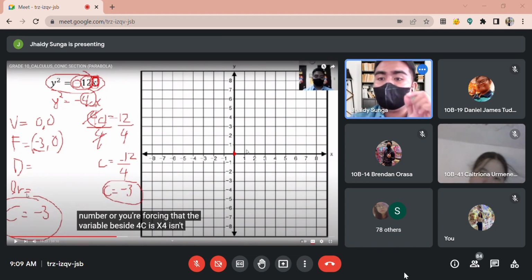Based on the equation. You will notice that the standard form of the parabola is y squared is equal to 4c then x. Or sometimes it will be x squared is equal to 4c then the variable. Okay, so what happens then is that whatever the variable, whatever is the variable that doesn't have